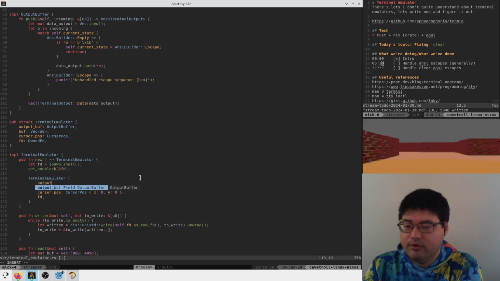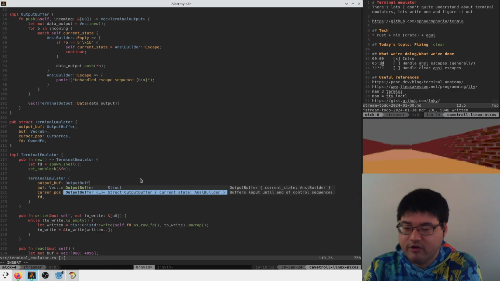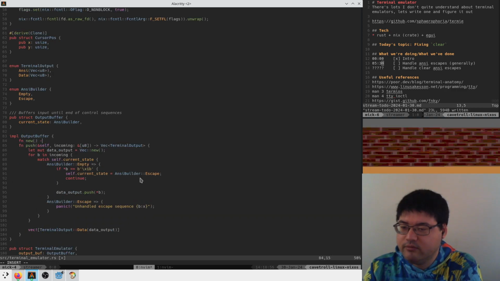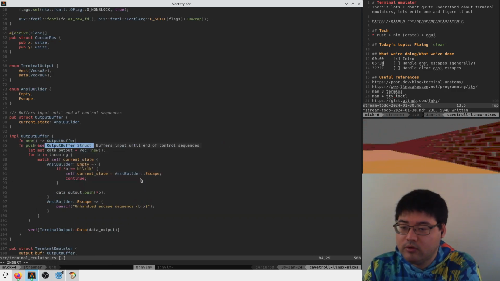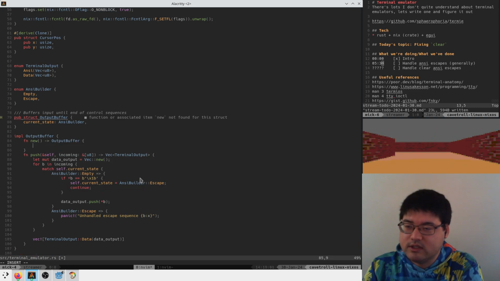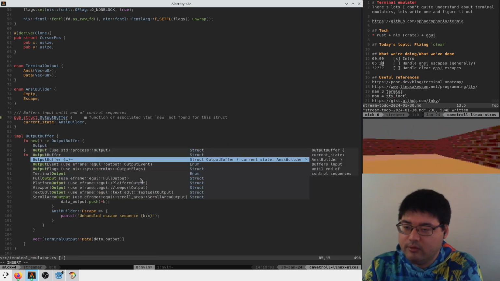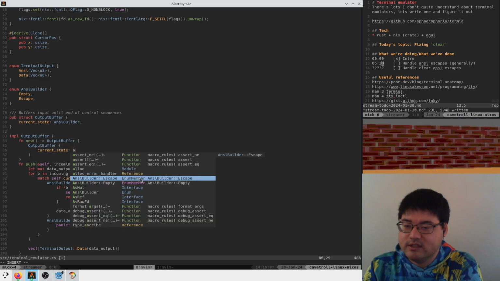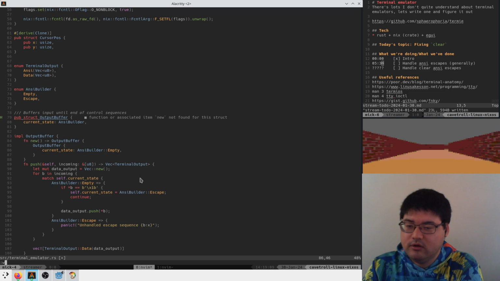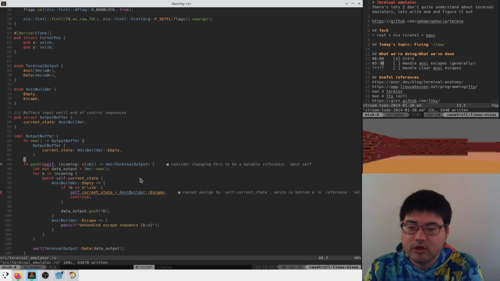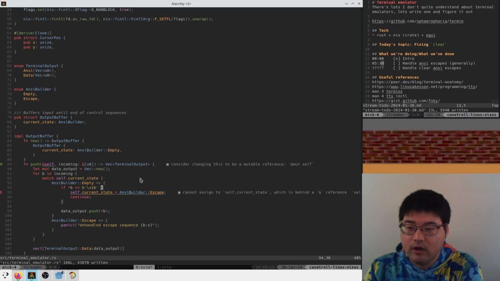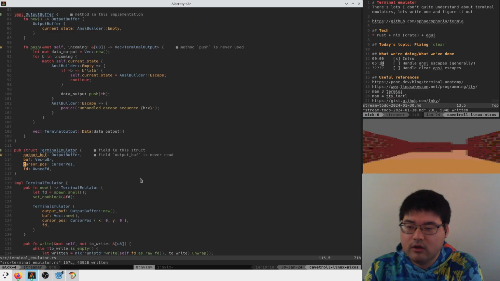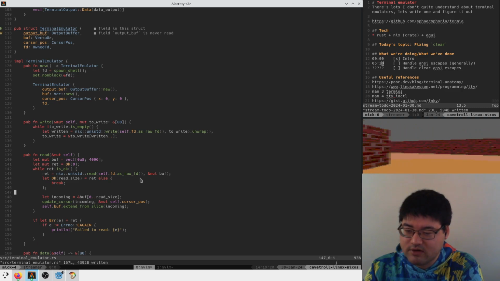And here we say output buff is output buffer new. We have to make a new function. And in here, we just return output buffer with current state is ANSI builder empty. Cool. This needs to be mutable. Okay. And then here, just every time we come in, we say